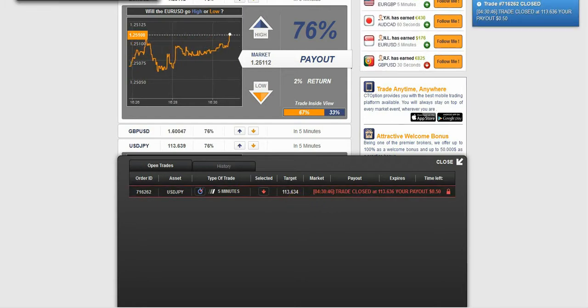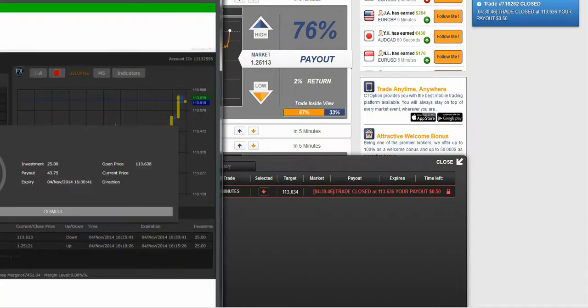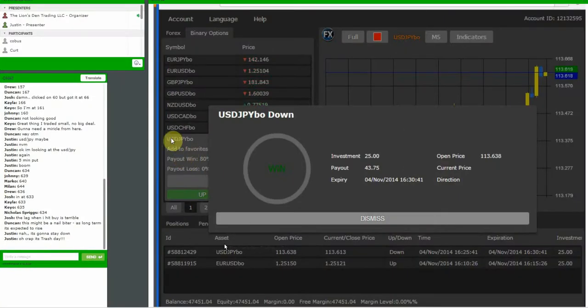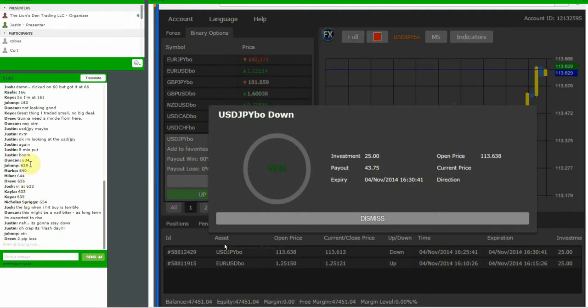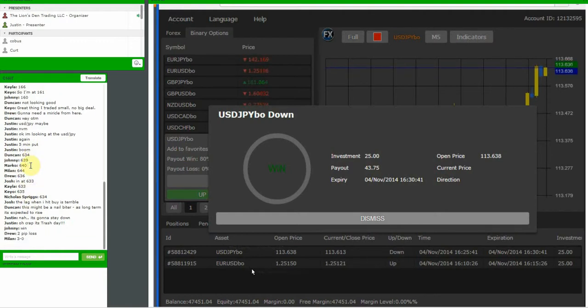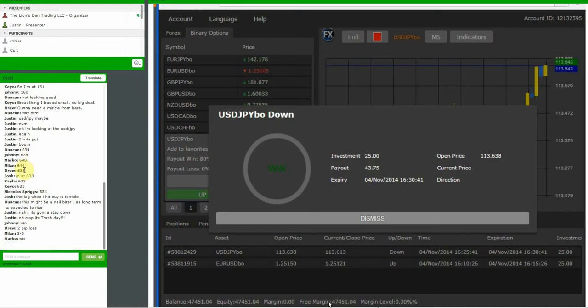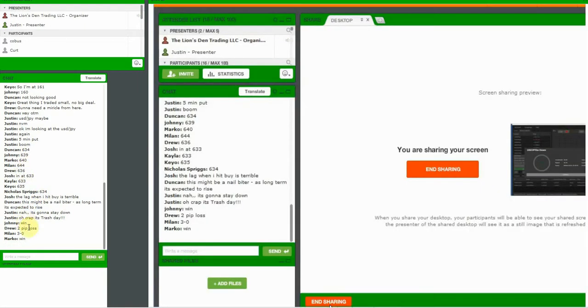Let's see what it looks like. Depending on where you got in on this one, it was a winner or a loser. Okay, looks like 613 expiry. So a lot of people got winners out of that, but my 2.5 pips. So I think everybody should have been within that range. Yep, I lost by a few pips.